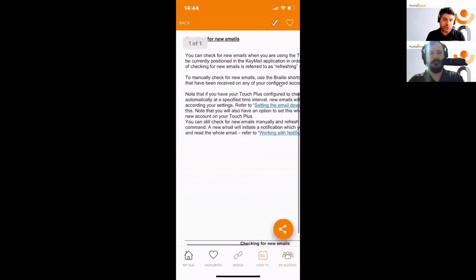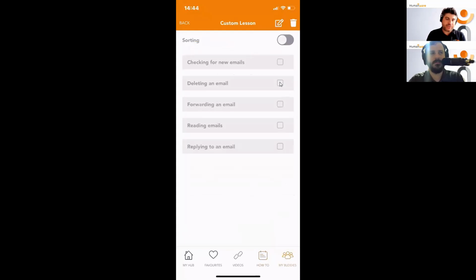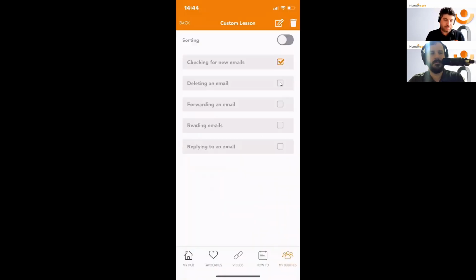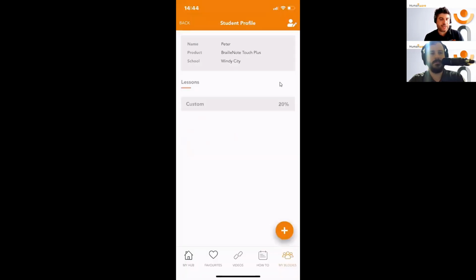And we as the teachers can go through that and help the student learn how to check for new emails. And once they're confident of checking their new emails, we can tick that off. And again, going forwards, deleting an email, and so on. Let's take myself back here. So now, as I look under Peter's profile, we can see that he's doing the custom course and he is